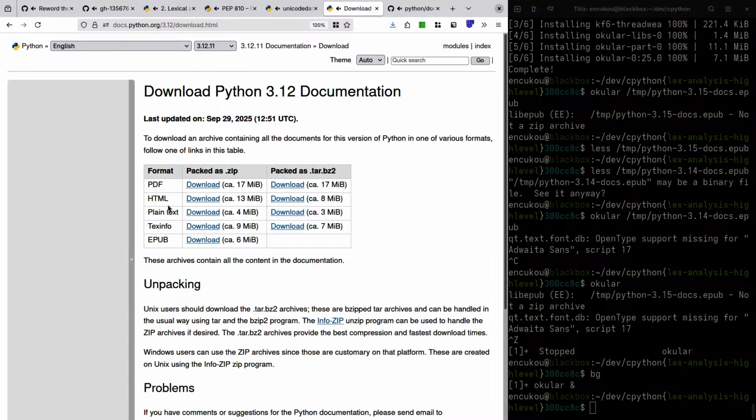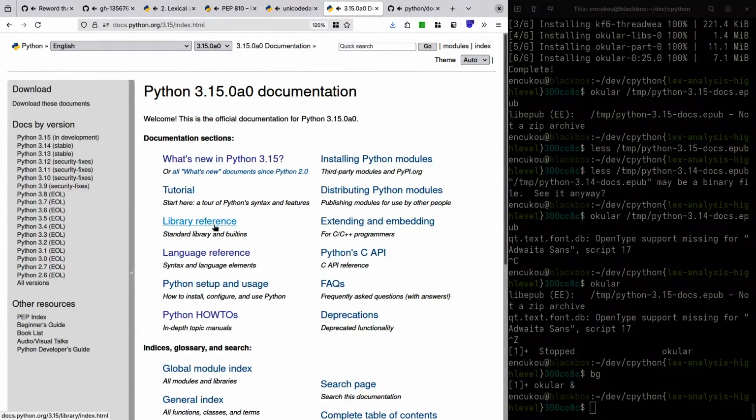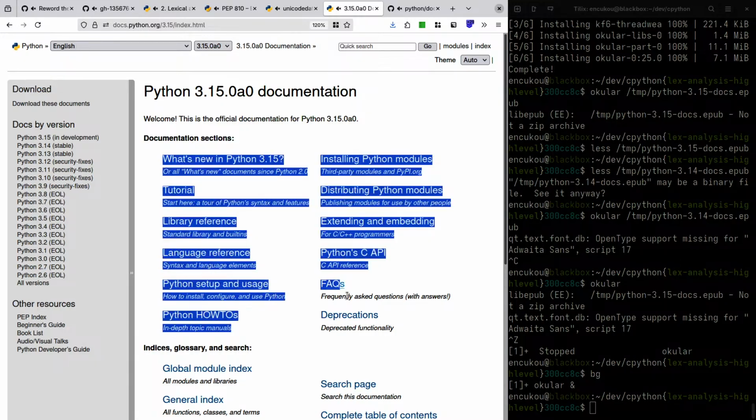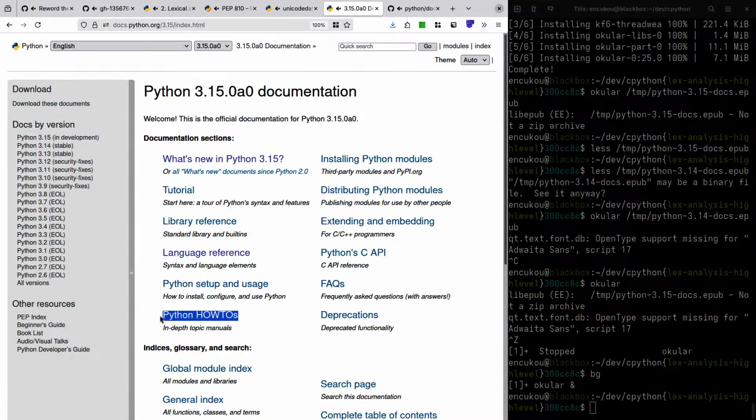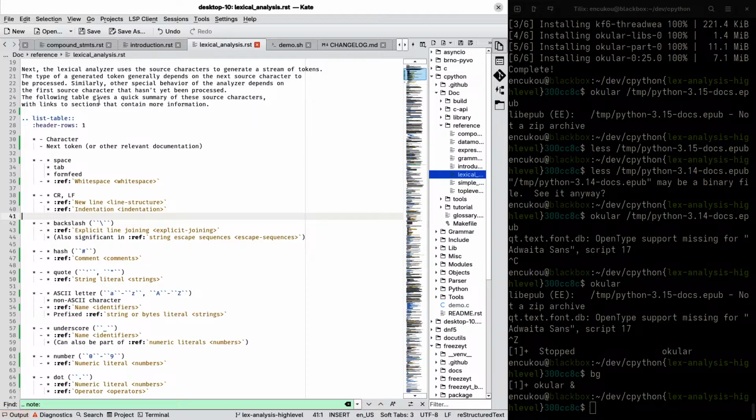Let's look at the regex HOWTO. Yeah, the organization of the PDF downloads. Yeah, this is a little unusual. Like the regex HOWTO is very specific, and then you have using.pdf, Python setup and usage, which is kind of like all of it. Yeah, you basically have all these chapters, except how-tos are split into individual ones. I guess that makes sense from a theoretical standpoint, but it doesn't really make sense practically. Yeah.